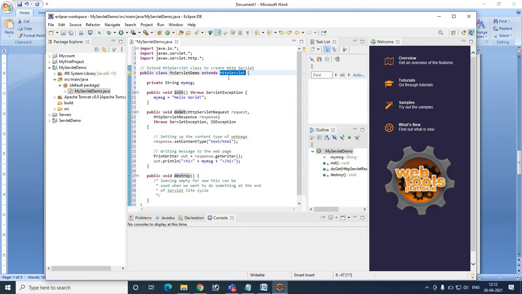In order to inherit the HttpServlet class, we have imported the HTTP package. And our own variable is a string object. The myMsg is the string object. As it is accessible within the my servlet demo class, I have given the access specifier as private.